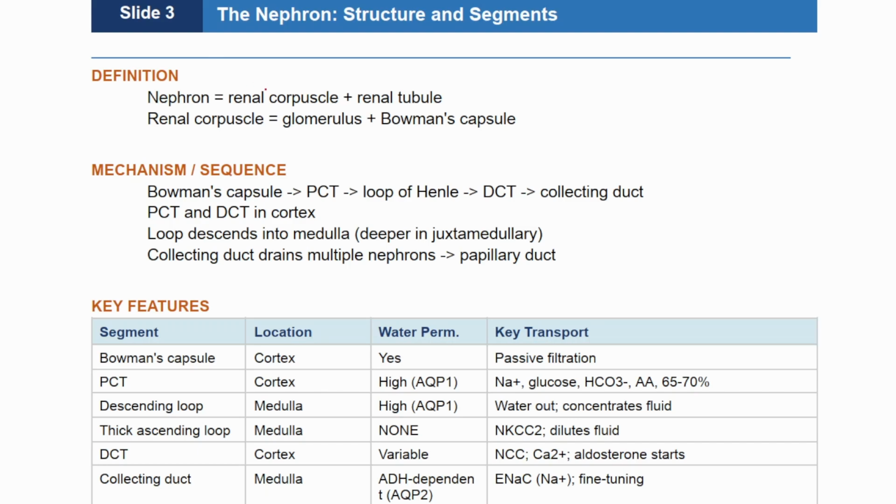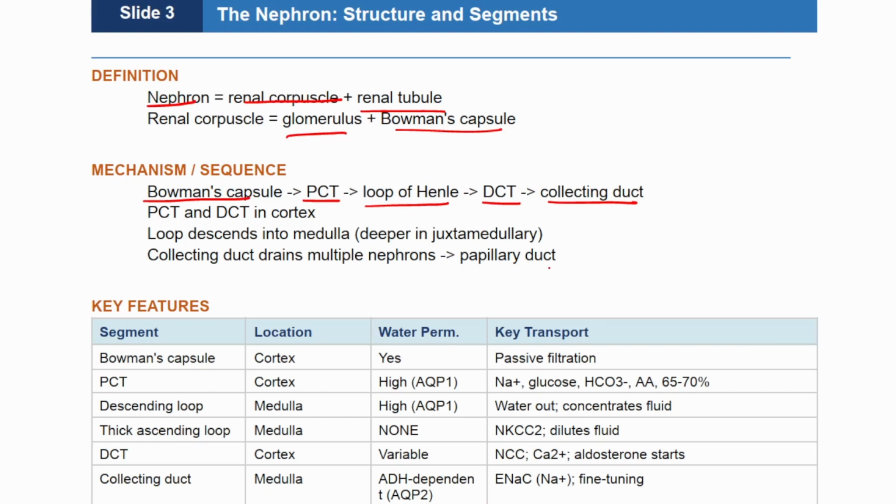The nephron is defined as the structural and functional unit of the kidney, composed of two main parts, which are the renal corpuscle and the renal tubule. The renal corpuscle is further subdivided into the glomerulus and Bowman capsule. The absolute mechanism and sequence of fluid travel follows a strict linear pathway. Blood enters Bowman's capsule, moves through the proximal convoluted tubule, travels down and up the loop of Henle, passes into the distal convoluted tubule, and finally drains into the collecting duct, which aggregates fluid from multiple nephrons before terminating at